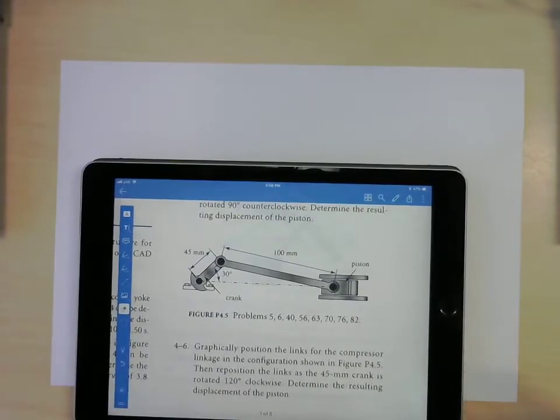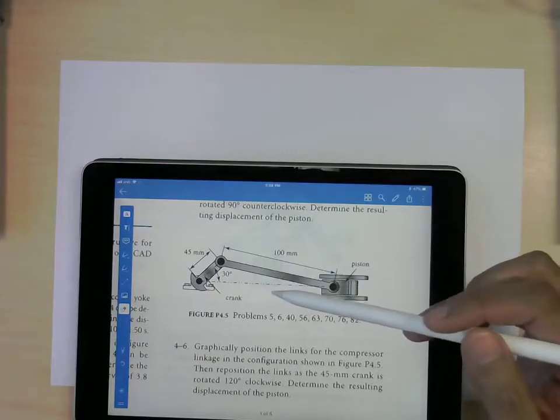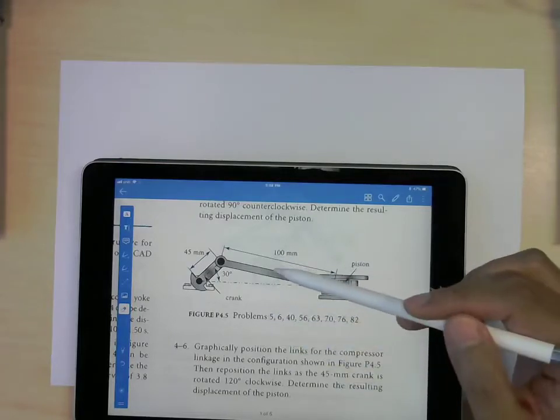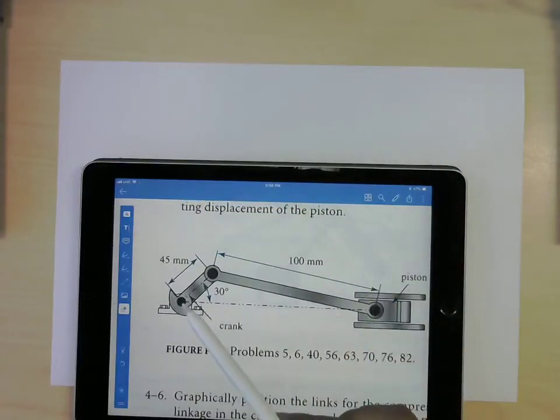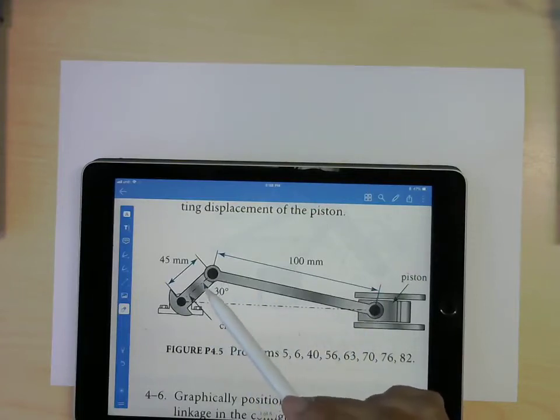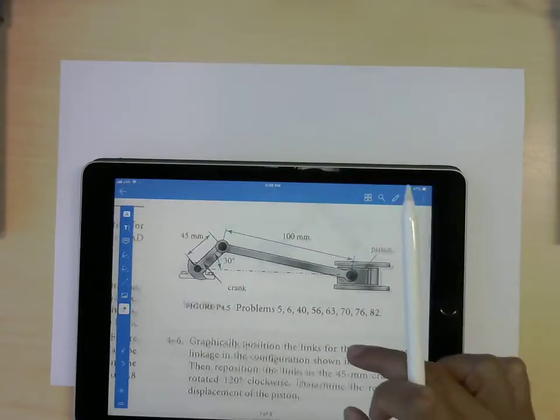Okay, so for this video, we are basically going to solve this part of 4.6, where we're going to do the position analysis of the crank slider of 4.6. So this is the initial position, where we have this link at 45 millimeter, this is at 100 millimeter, and the initial angle is 30 degrees. So now the question now,